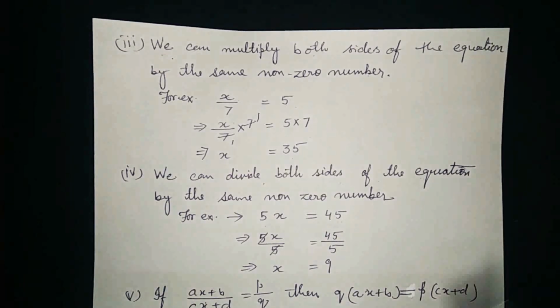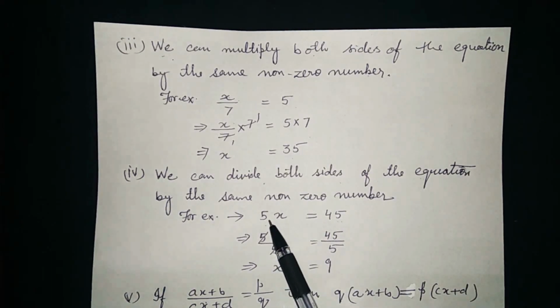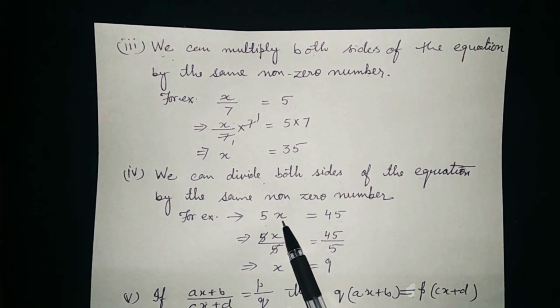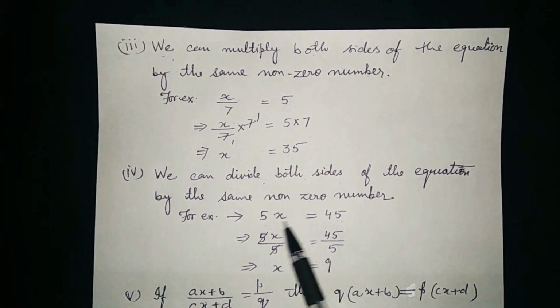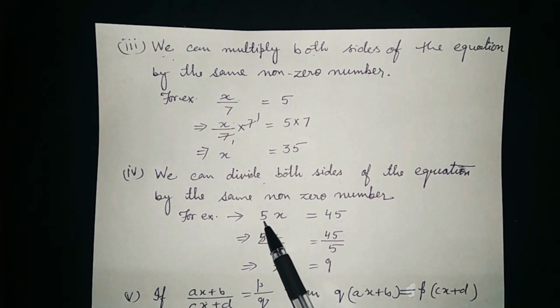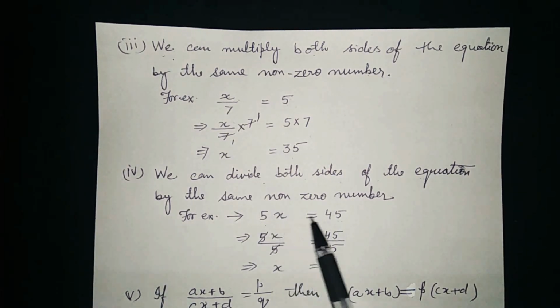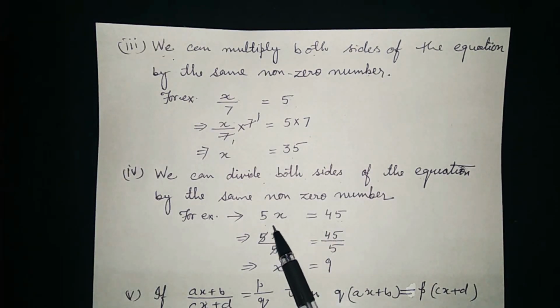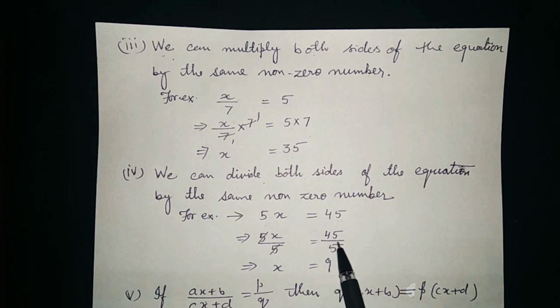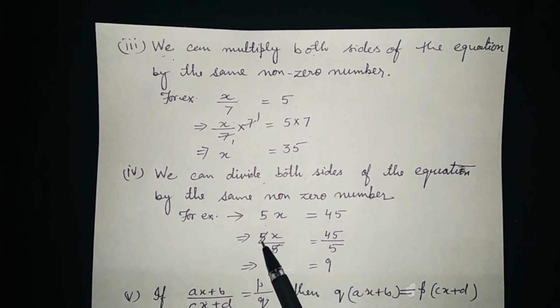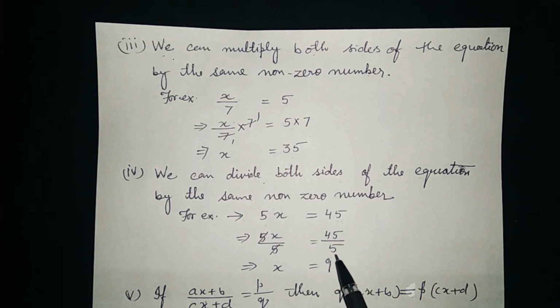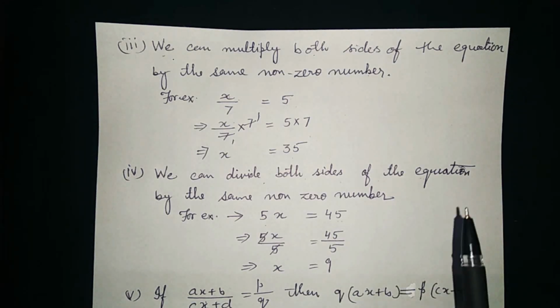In this case, here this 5 is in multiplication with this x. So what do we have to do? We want to eliminate this 5 here. So what will we do? We will divide both the sides by 5. Because by dividing both the sides, we will not get 5 on the left hand side. Now see, 5x divided by 5 and 45 divided by 5. 5 ones are 5, 5 ones are 5, here 1 into x, x only, and here 5 nines are 45.